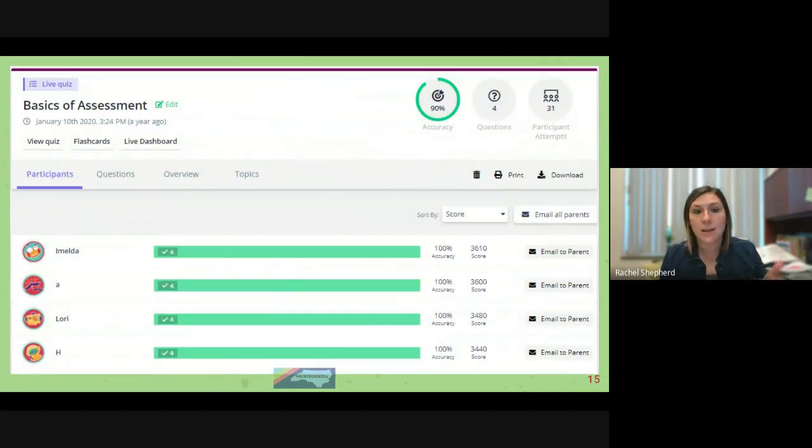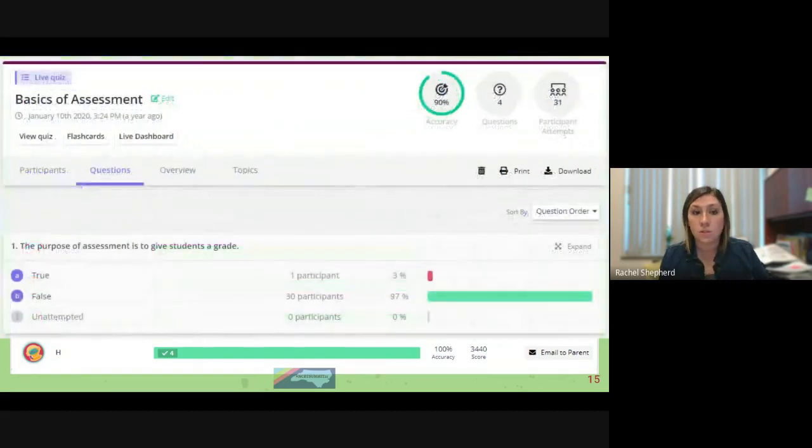So here you're going to get individual participant data. You can go online and you can see how your kids did on each of the different questions. You can also click on individual question data. So once you do that, it's going to show you, okay, question number 3, 95% of the kids in my class missed question number 3. That's really information that I need to go back and make sure that I have retaught